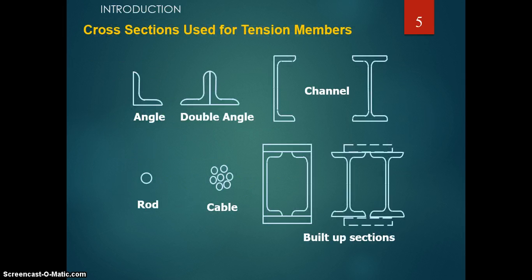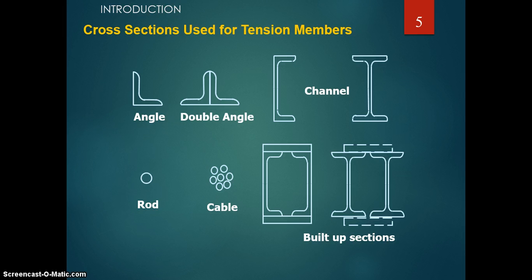Then these are the general cross sections used for tension members in different types of structures. First, commonly used are angle sections and double angle sections in roof trusses, transmission towers, or telephone towers; you can use a single angle section or a double angle section. When providing the double angle section, the sections may be placed back to back on opposite sides of the gusset plate or on the same side of the gusset plate. Then you can also provide channel sections and I-sections as tension members, then rods, cables, then